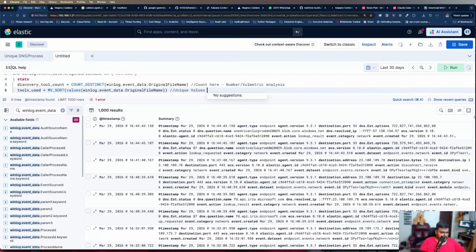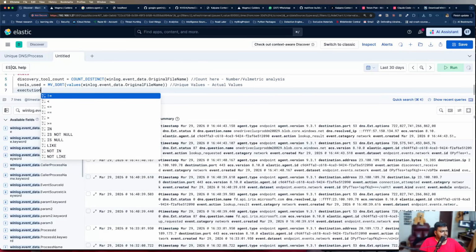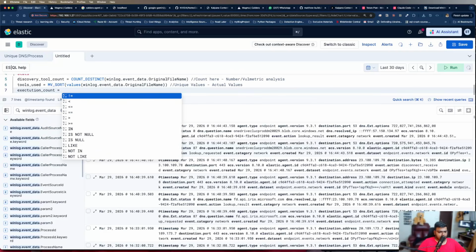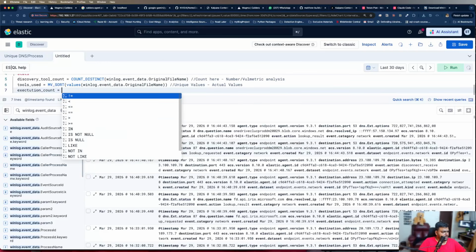What we have here is not numbers. What we have here is actual values, right? So we do that. Execution count. Total number of times these were all executed per group that we will do, right? So what we'll see here is execution count equal to count star. As simple as that,